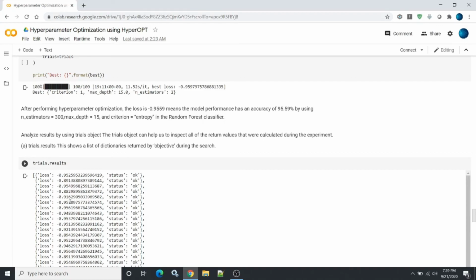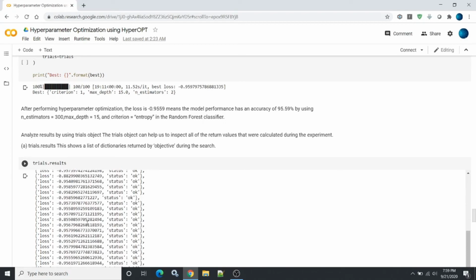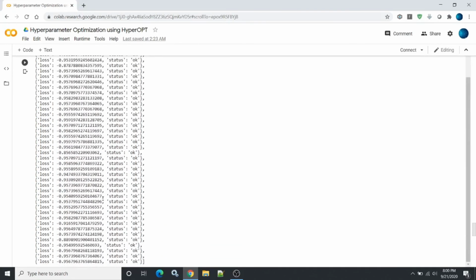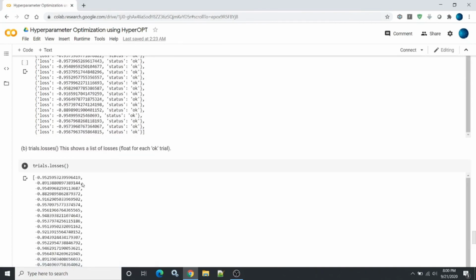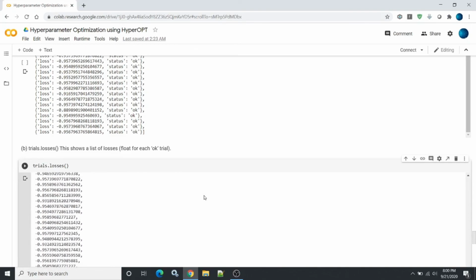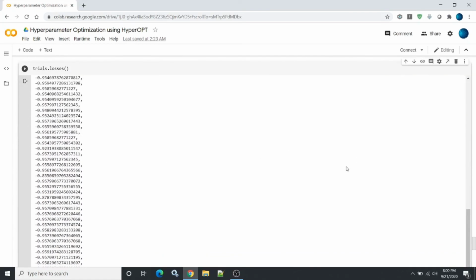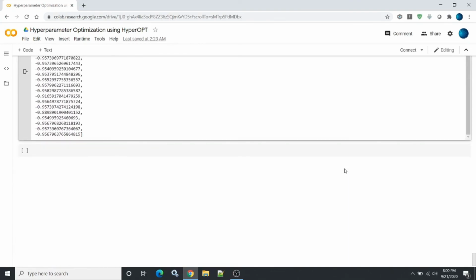So it increases, decreases, and out of all these it gave me the best performing hyperparameter. You can scroll through this and look at the loss. If you want to know the losses, you can just print the loss alone, and it will give you the losses. The loss function provides the loss, which is basically nothing but your accuracy.